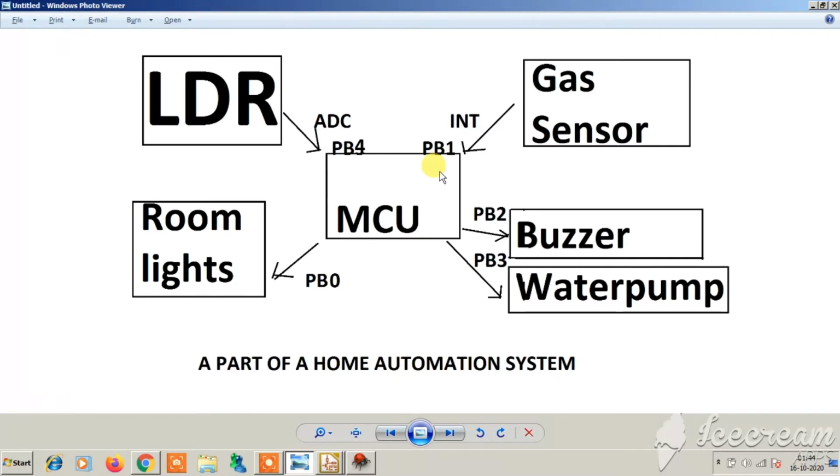This is a very good programming practice: using a hardware interrupt and writing code for it. So always use a hardware interrupt in this kind of emergency situation, so that you can build up your code efficiently and do more things with the microcontroller. This is a perfect example of why we should use interrupts, and now we will observe the code and how to use those interrupts in our code. The hardware experiment will also be showing you that.